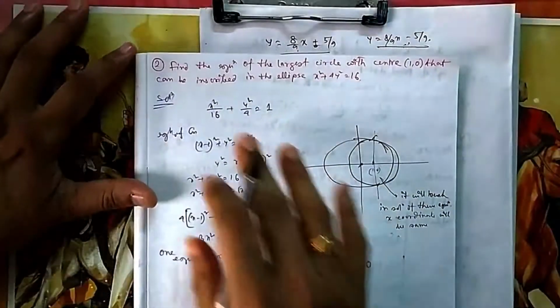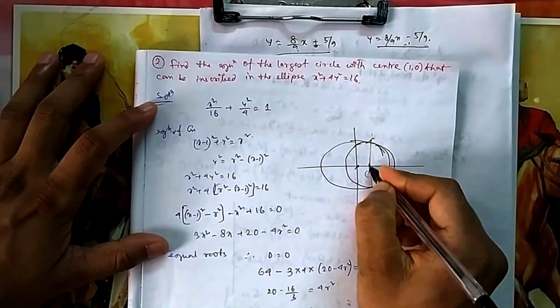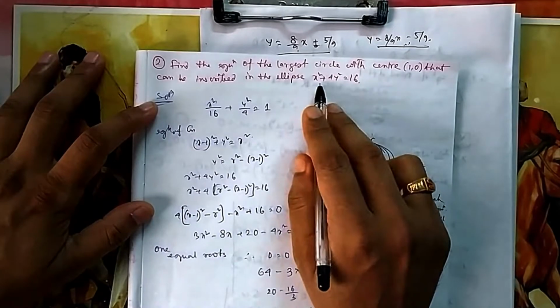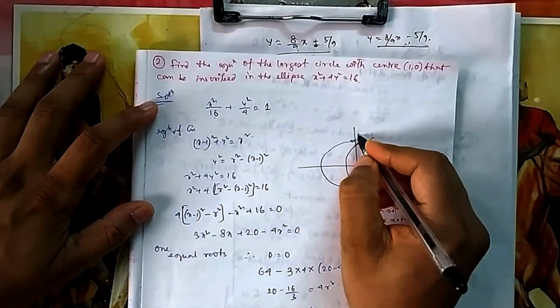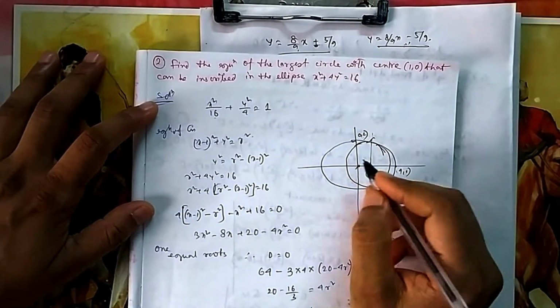Now if you come to question number 2, find the equation of the largest circle with the center 1, 0, that can be inscribed in the ellipse. One ellipse is given. What is the location of the ellipse? This is 4, 0 and this is 0, 2. So you take this one as a center, 1, 0, and you have to draw a circle which is the